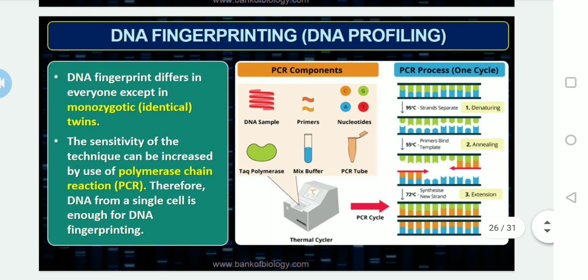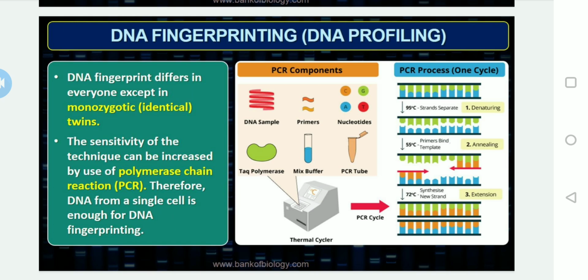Very important one, remember: DNA fingerprints differ in everyone except in monozygotic identical twins. I told you in the beginning also that the DNA fingerprint differs with respect to each and every person. You must have heard in films that there are seven people in the world who may look similar or be exact copies of each other. You must have heard such stories. But when it comes to science, those cannot be